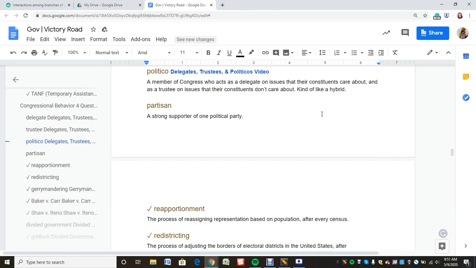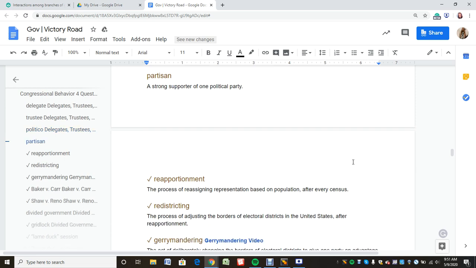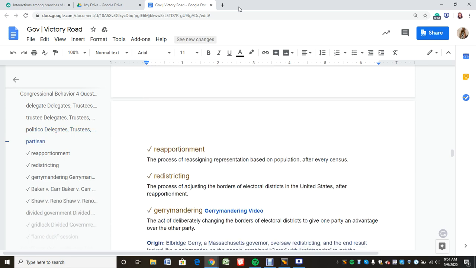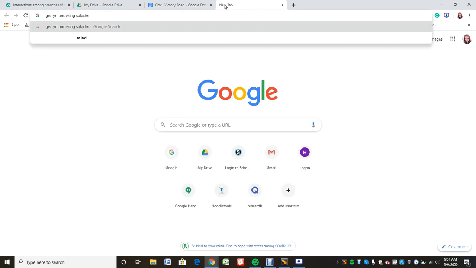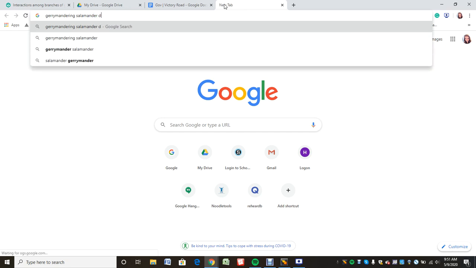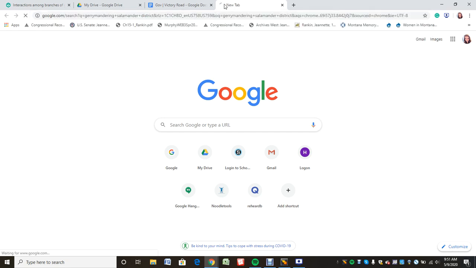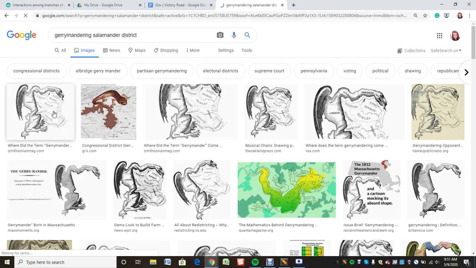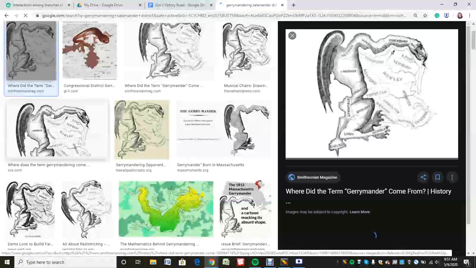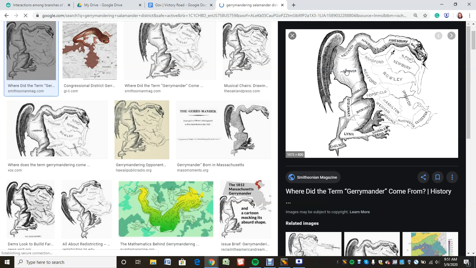And now we're going to get into that lovely, lovely, lovely topic of gerrymandering. Now, I want to show you an image here. Just gonna show you this so you can get a better picture in your head. It was a political cartoon from a while back. And by a while back, I mean a very long time ago. So I want you to just look at this picture.